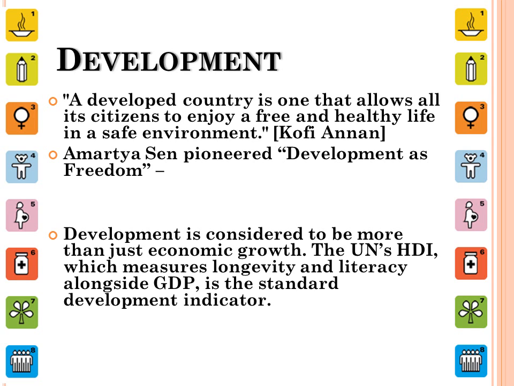There are various different ways to look at that, but clearly it's more than just economic growth. Economic growth gives people more income on average, but we need to consider things like longevity and literacy, which is certainly the approach that the UN takes with the Human Development Index, a standard indicator of development. Modern definitions coming from the UN are a little bit more subtle. They focus on development as the capability to achieve. So a developed country has people who can afford to live and can achieve their aims and enjoy their lives.